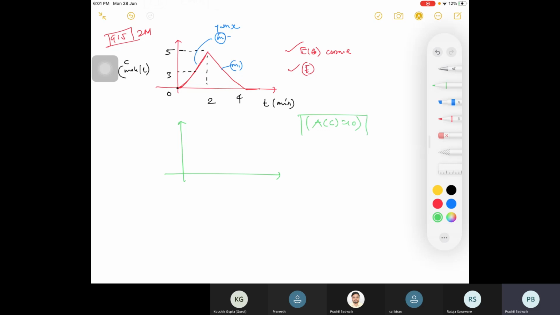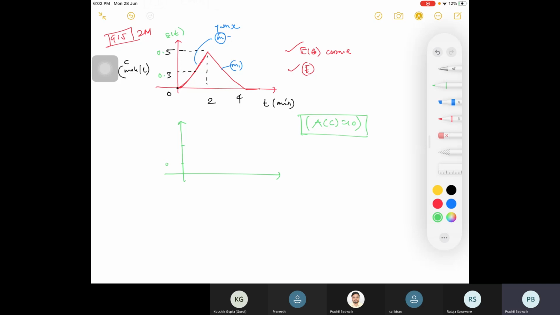Suppose if you divide everything on y-axis by 10, you will get this is 0.5, then you will be having 0.3, and this is 0, right? So you will be having, I'll draw it there only. It is your ET that will be there, and everything will be divided by 10, right? Then you calculate what is your T mean and E theta curve.